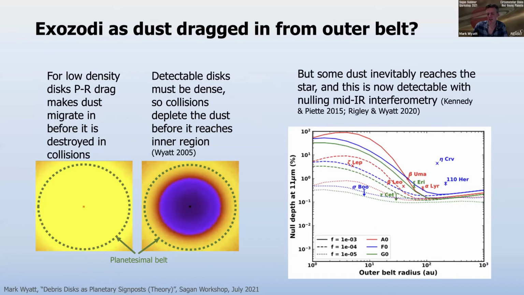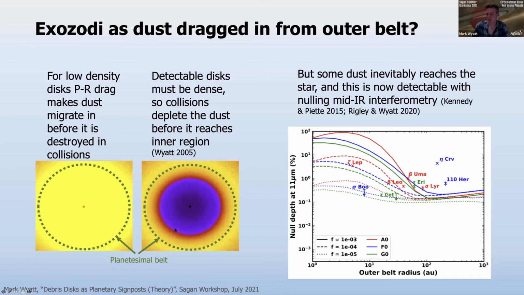But the explanation of exozodiacal dust does not necessarily require exocomets. It does not necessarily require planets to be causing it, because we also have another mechanism, which is Poynting-Robertson drag, that can drag dust in from an outer belt. Now in the solar system, this is actually a dominant mechanism. So dust makes it all the way in from the asteroid belt all the way into the sun without suffering a collision, which means you get a filled in region.